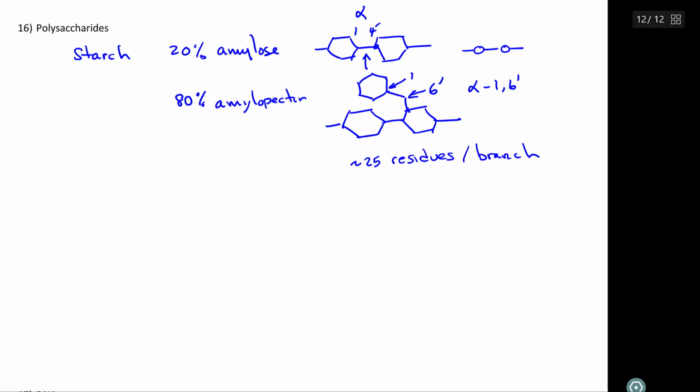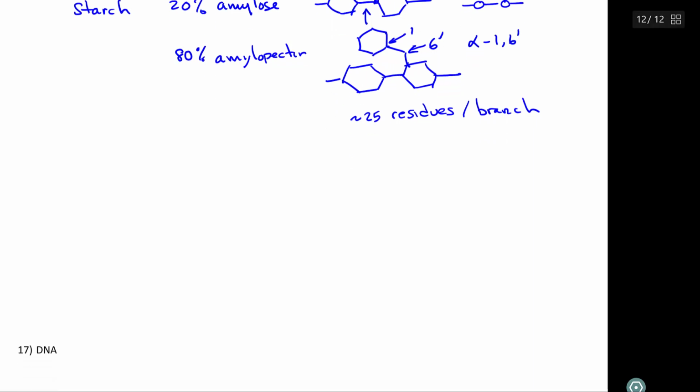So what this effectively does is increase the density of ends in the molecule, from which the enzymes that process amylose and amylopectin work, so that the energy can be gotten out a little bit